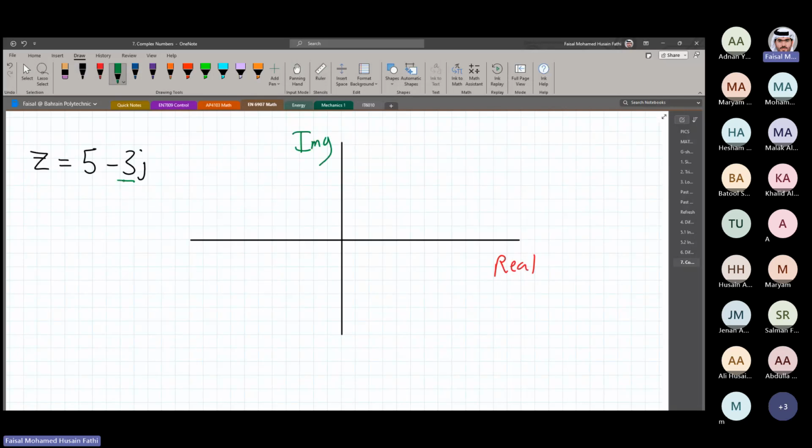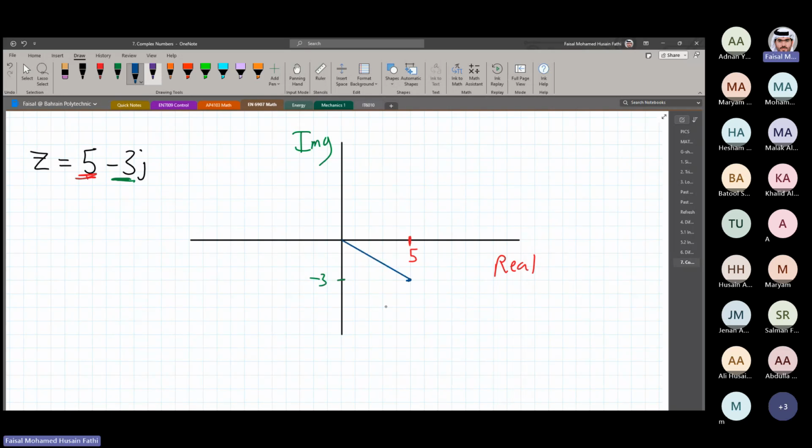So this is the imaginary number, minus 3, and plus 5 is our real number. So we go to the real axis, 1, 2, 3, 4, 5, plus 5. This is our 5. We go to our imaginary axis, it's minus, so minus 1, minus 2, minus 3. This is minus 3. Our point is simply here, and this is how you draw a line from the